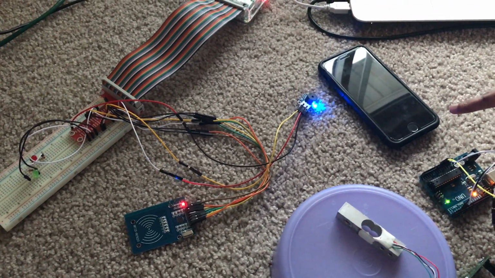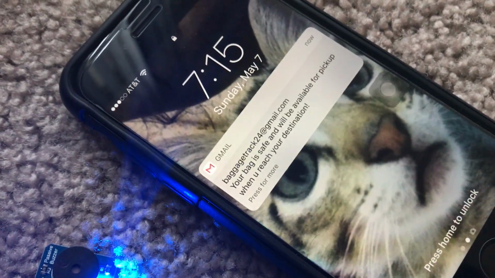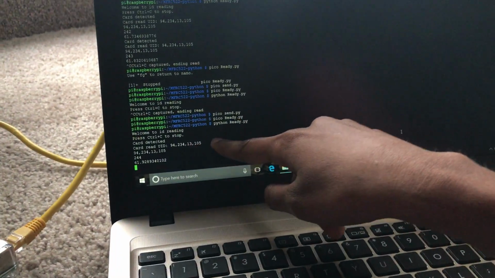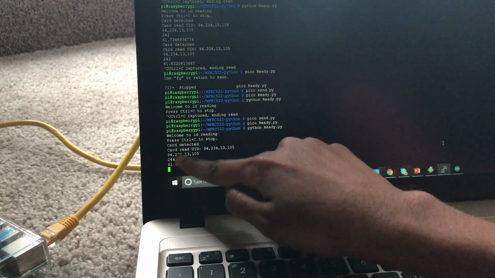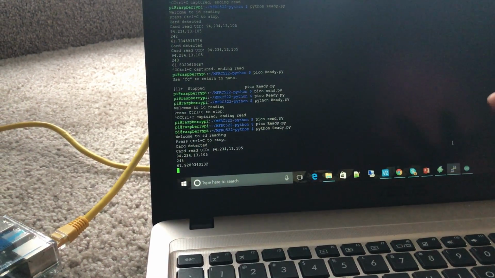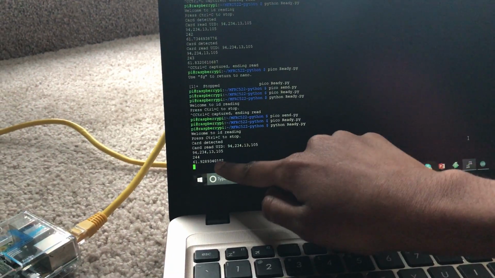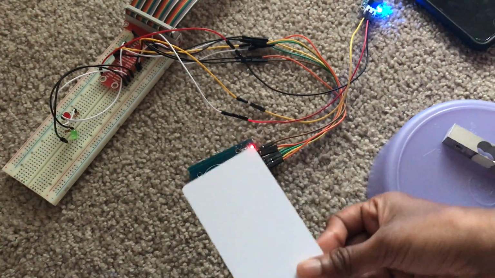and I'll receive an email notification now. And the information here is that the first one is the unique ID that is provided to the tag, and this 244 is the total number of correct bags that entered the flight till now, and this is the success ratio. And now if I scan the wrong ID, a red LED will glow with a buzzer sound,